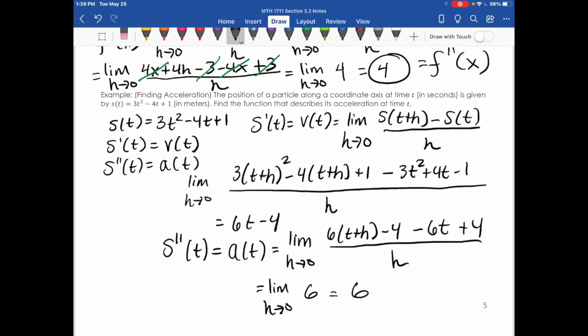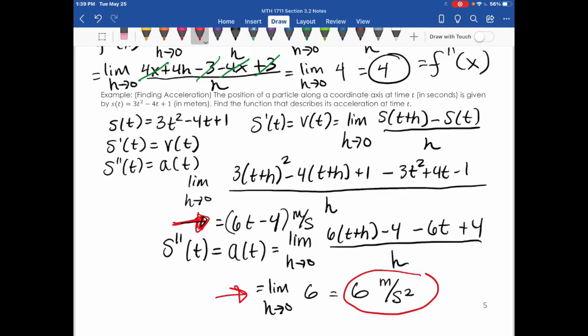Now, because the problem says that the distance is in meters and the time is in seconds, my units for acceleration would be meters per second squared. And my velocity would be meters per second. So this allows us, let me highlight it, this allows us to find the velocity at any moment for that position function. And then this tells us that it doesn't matter what the position is, that the acceleration is